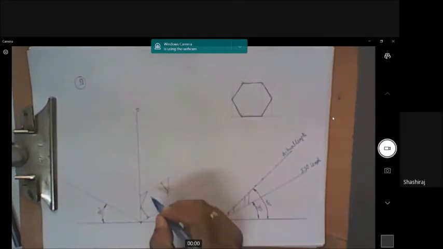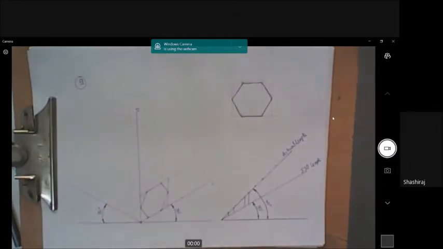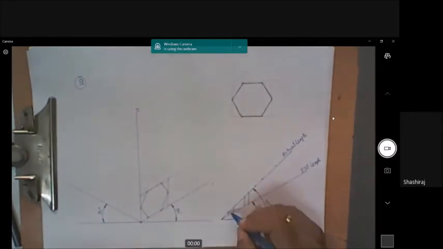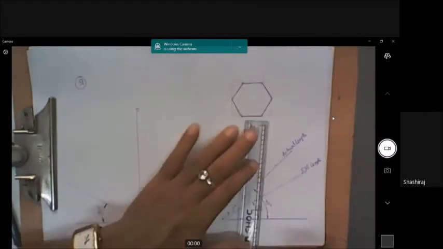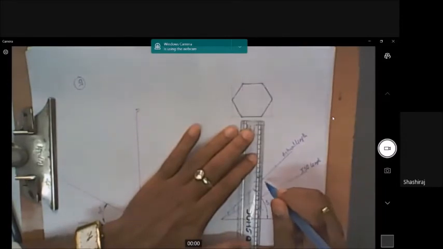So the hexagon is completed. The height of this is 60 mm. So go to 1, 2, 3, 4, 5, 60. 60 is here. So draw a vertical line there and get the ISO length for 60.